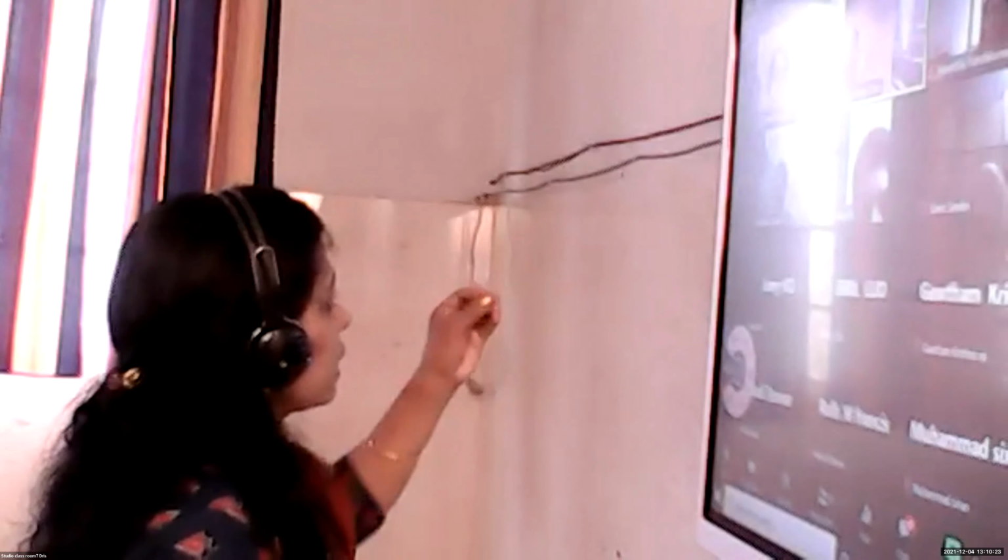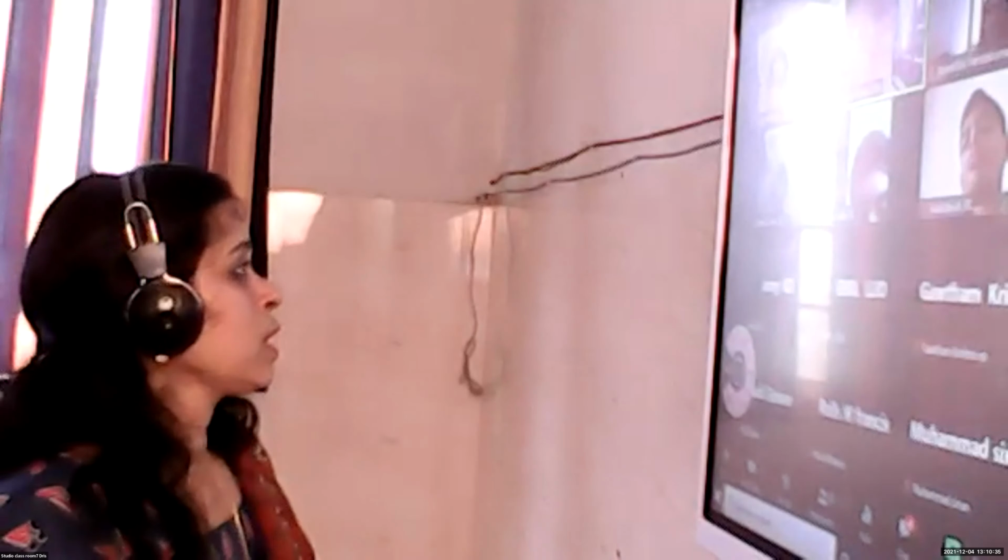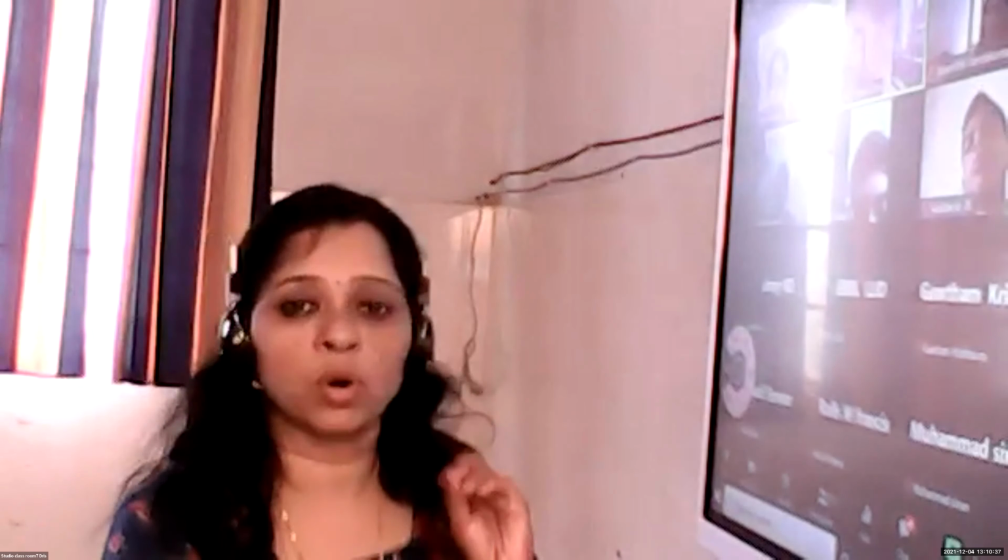You need not go for measuring the third side and the third angle or any other sides. Isn't it? Two angles and included side is equal to the corresponding two angles and included side of the other triangle. You need not go for measuring the other two sides and the remaining angle or anything. It will become equal and the triangles will become congruent. That is the meaning of ASA congruence criteria, and some problems also we have completed, isn't it?